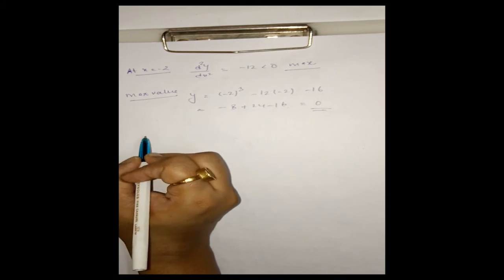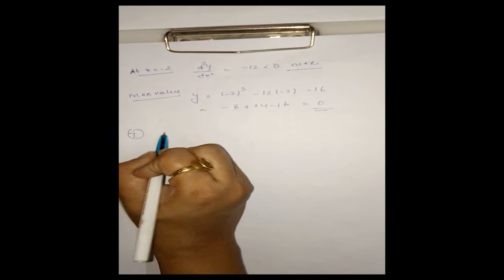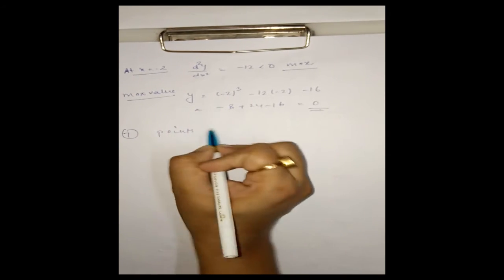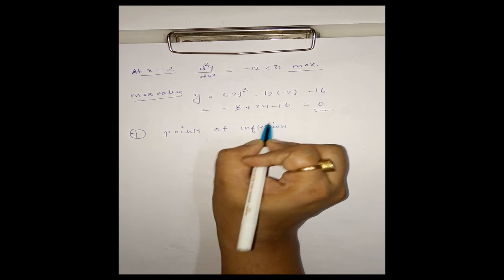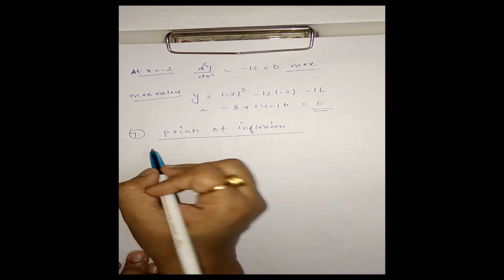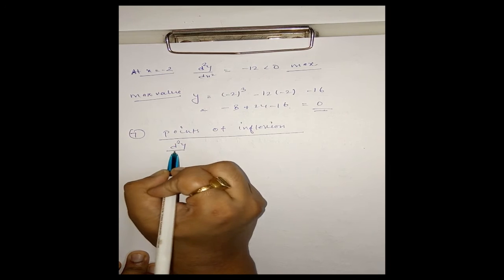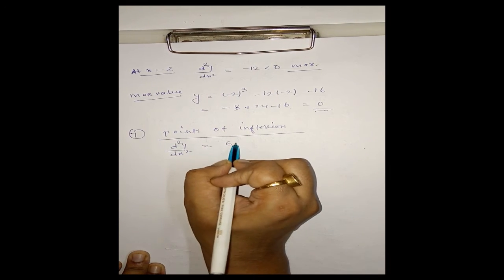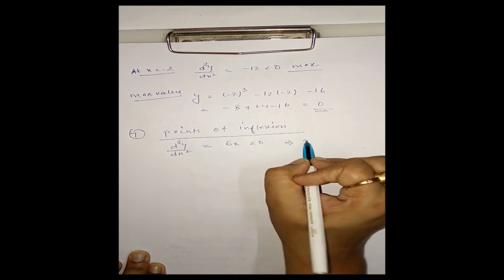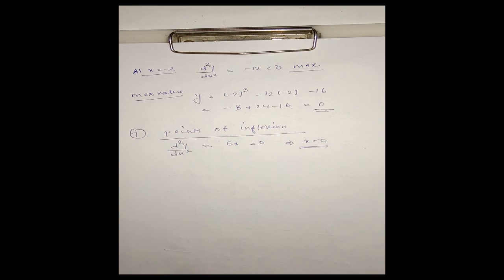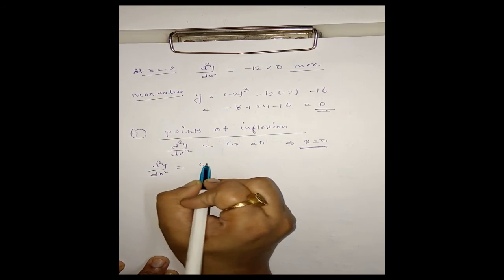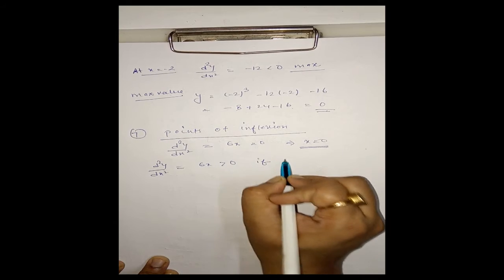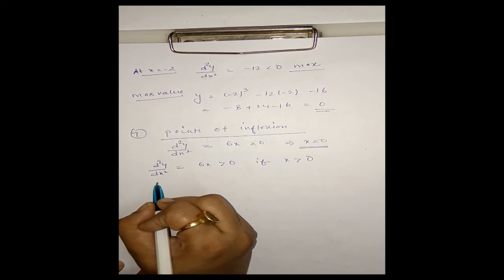Next is points of inflection. Next step is points of inflection. For this, d2y by dx square, which is 6x, is equal to 0 when x is 0. This is point of inflection at the point x is equal to 0. Now clearly d2y by dx square, which is 6x, is positive if x is positive. Therefore